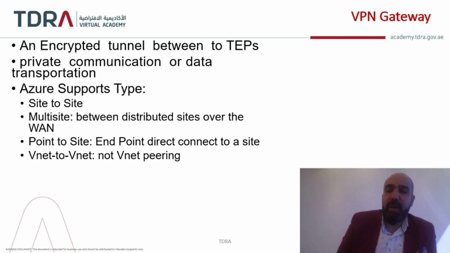Also, it has a VPN gateway. If I have two companies in two different regions, for example, or two different groups, and they need to communicate with each other, or if I want to build a hybrid setup, where I have my private servers on premise and some servers on a cloud, then I can also use a VPN gateway, and it will be encrypted and very secure. It has so many types for that, yes.